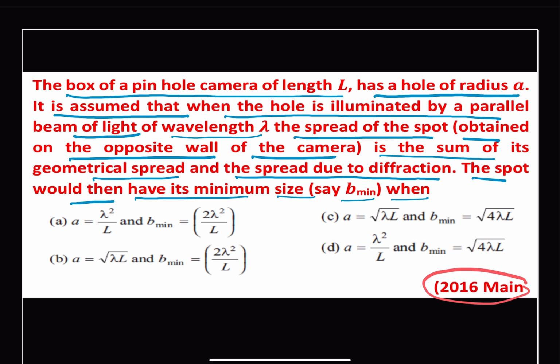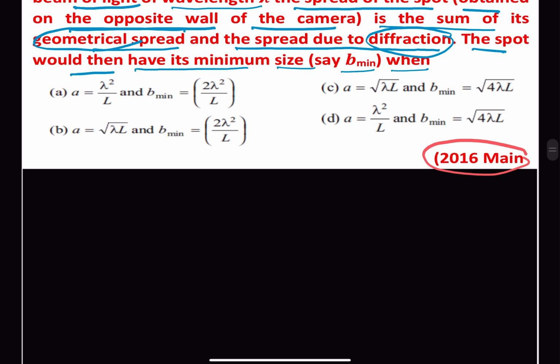So we have a pinhole camera whose length is given as L and radius is given as A. Wavelength is given as lambda. And in the question itself it is given that the spread is a combination of the geometric spread as well as spread due to diffraction. And diffraction spread we know is proportional to lambda upon A. And we have to find out the minimum size of that spot. So we can just draw an approximate figure for that. And we are given a radius A, and we have,